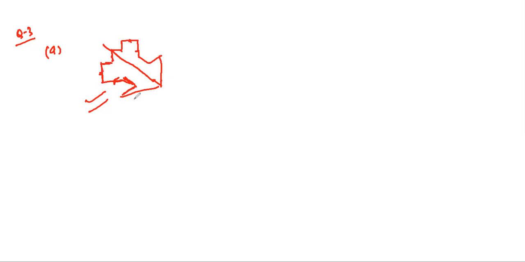But dots are given. You can take the help of dots because it will make your work very easy. Like here, from here to here, only one dot is there. But if you see from here to here, two dots are there. So from here to here also you have to use two dots. So count the number of dots and then draw your figure. Do parts B and C also in the book only.